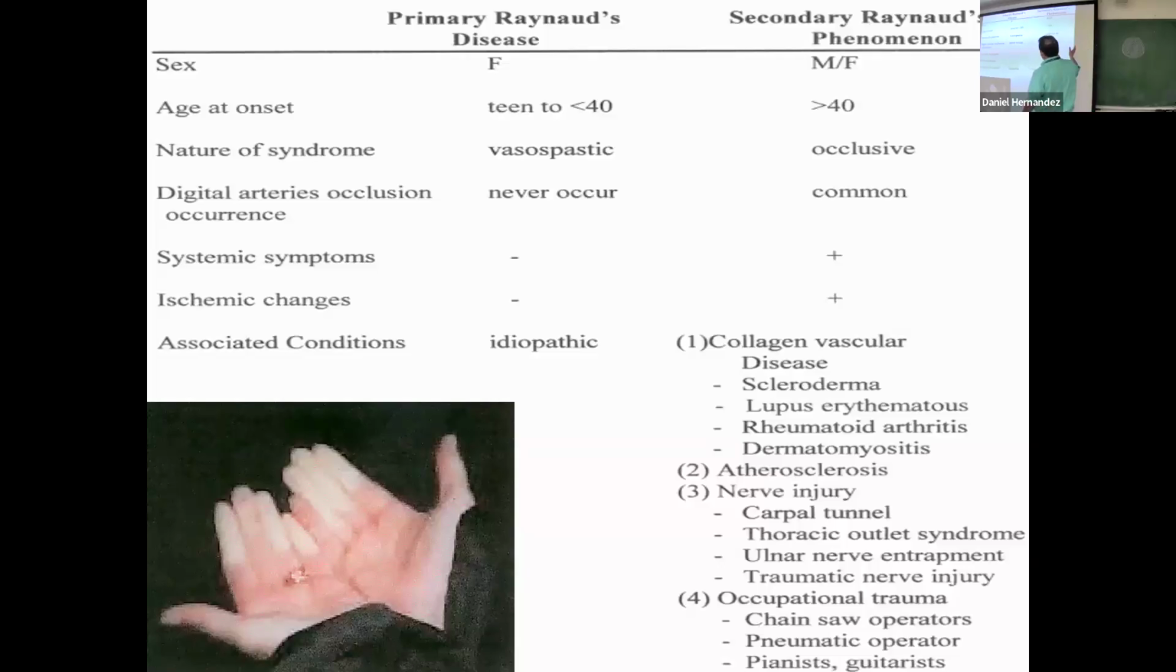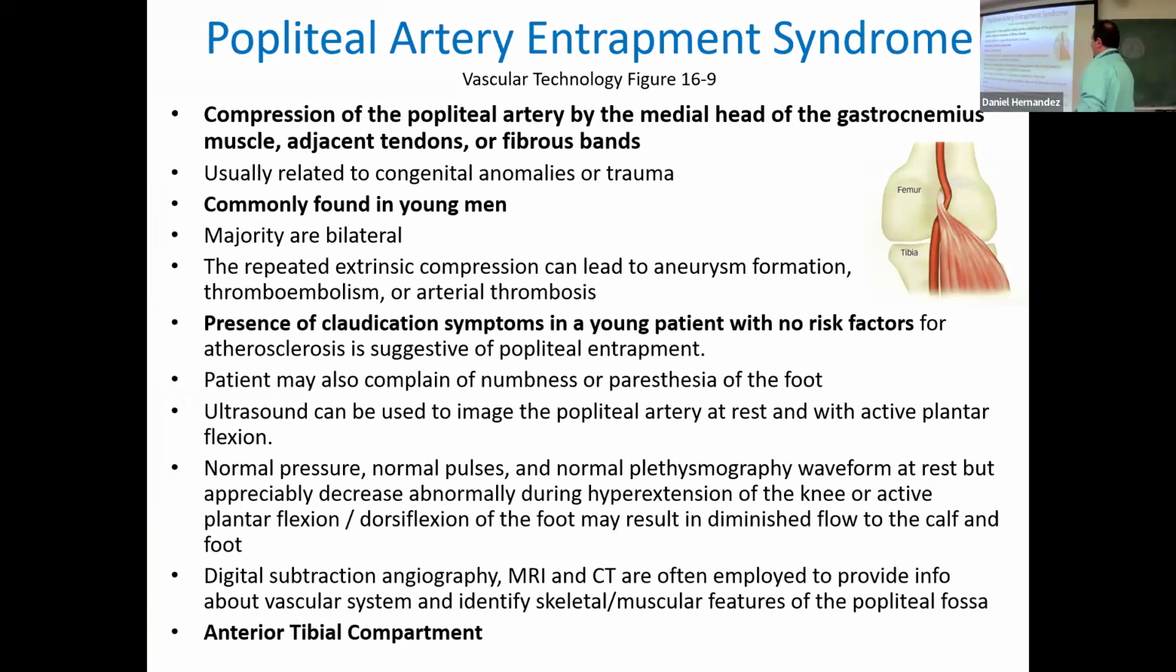So in terms of primary versus secondary, then look at the age populations as well. So primary Raynaud's disease is mainly females under 40. That's that vasospastic disorder. And it's idiopathic. And then we got the combination. So then we're talking more the older population, could be male or females. And then they have that underlying occlusive disease as well. So we'll touch back on Raynaud's disease when we get into upper extremity PVR SLP and looking at that,